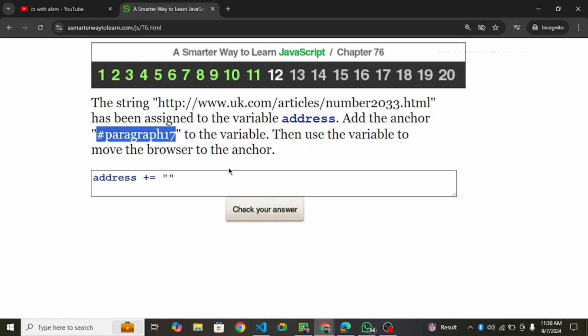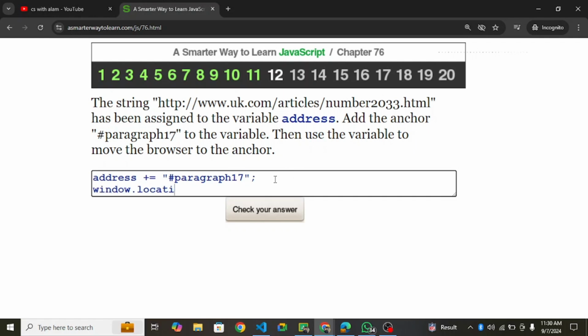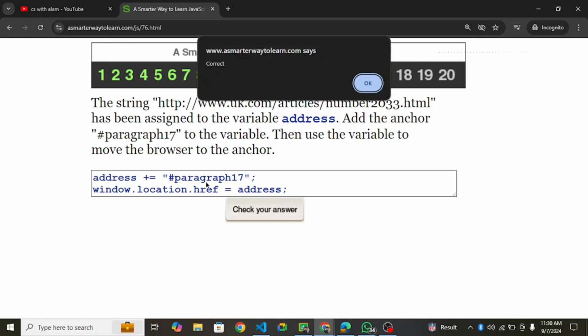We copy it from here, paste it here. Hash paragraph semicolon. Next line window dot location dot href equal to address semicolon. This is the correct answer, and we have a second option to write this one: address equal address plus this